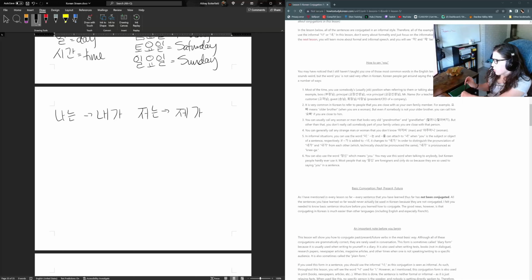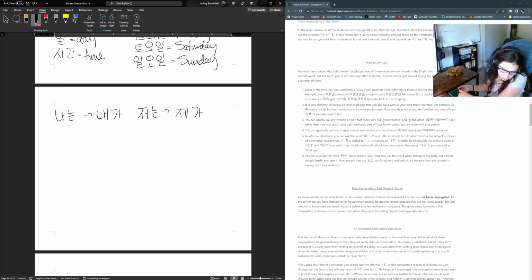You can also use the word 당신, which means you. You may use this word when talking to anybody, but Korean people hardly ever use it. Most people that say 당신 are foreigners and only do so because they are so used to saying you in a sentence. Also, I've noticed that,